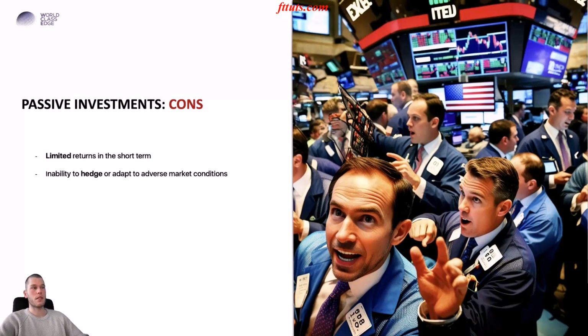You have less ability to hedge or adapt to adverse market conditions when you do passive investment. Of course, you can hedge, but the impact is going to be way less. And the possibility to adapt to adverse market conditions, for example, when there's a big COVID crash or oil prices went negative,